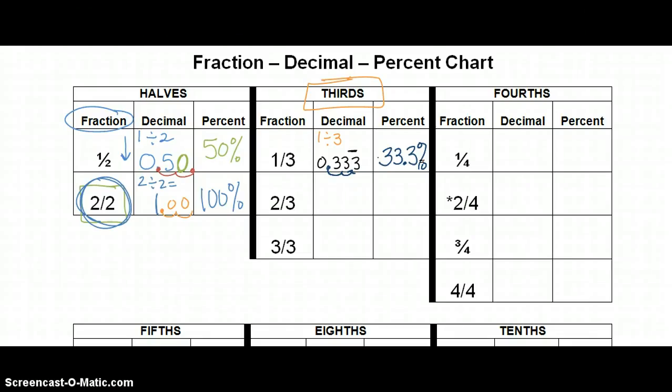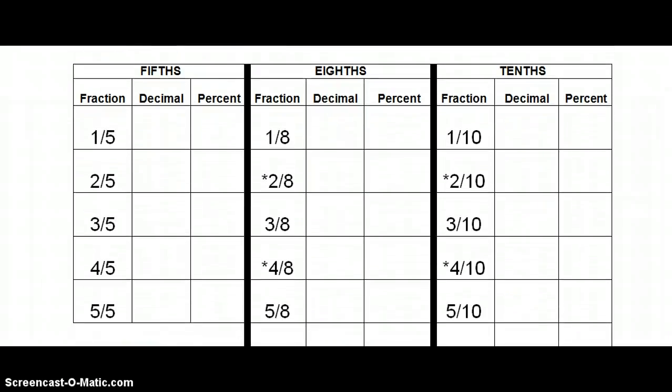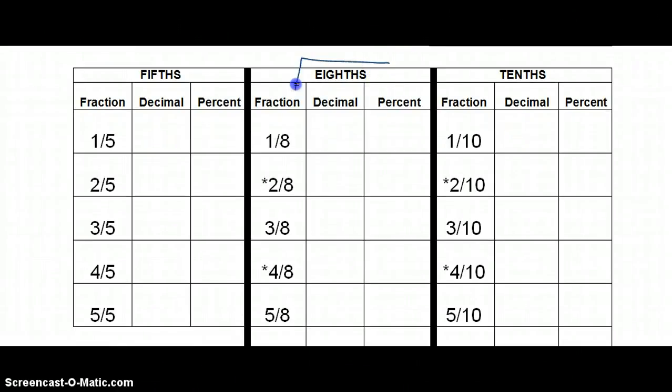So let's try a few on our own. Let's scroll down the page to the eighths. So let's look at the column titled eighths. These are going to be a little bit longer like our thirds were. When we put into the calculator 1 divided by 8, we're going to get